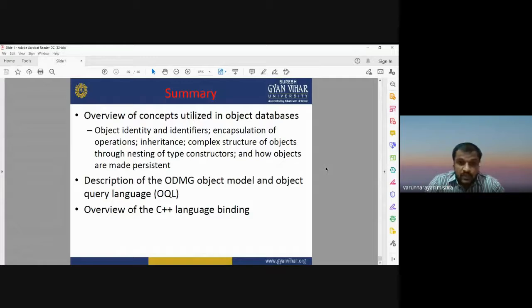We also covered the ODMG object model and the object query language OQL, and an overview of the C++ language binding. Today's lecture is about the concepts of the object database, how we can use the object query language with the ODMG object model, and how we can use the C++ language for binding OQL or ODL with programming languages.